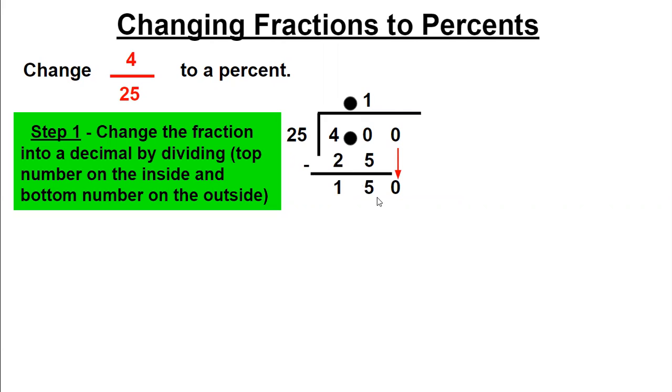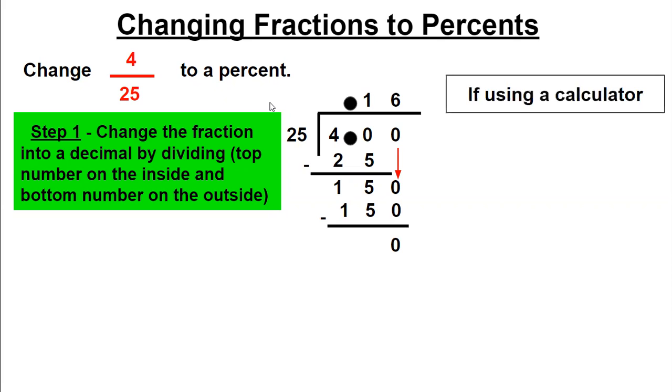Now, how many 25s go into 150? I know that goes equally. If 4 is 100, 5 is 125, 6 would be 150, so it's going to go in there 6 times. 6 times 25 is 150. Now I subtract 150 minus 150, and I get a 0 remainder. So we have changed 4 25ths to a decimal of 0.16. If I use my calculator, I would type in 4, the divided by sign, 25,